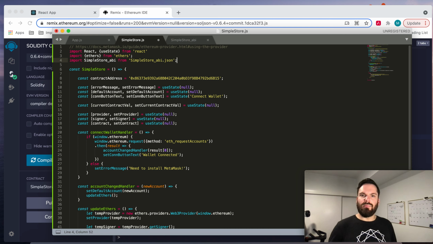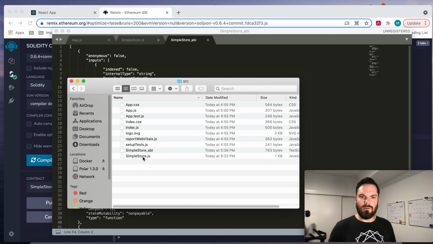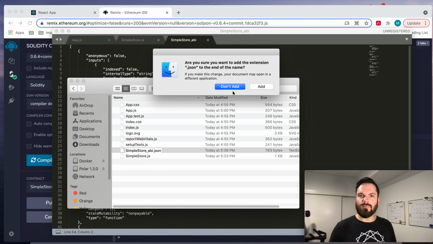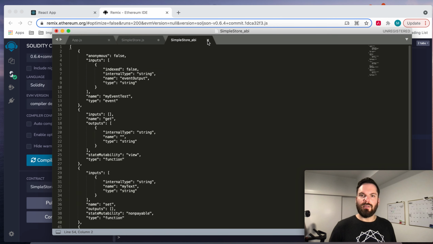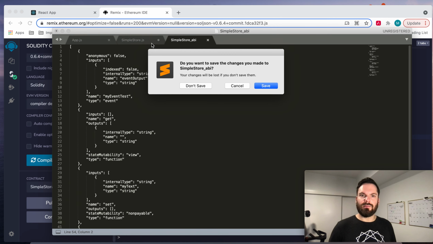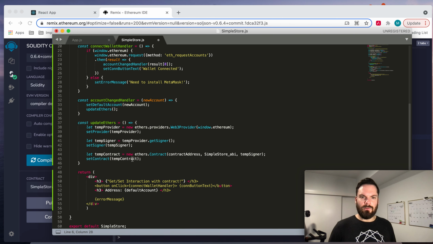I did something bad. I did not save simple store ABI as a JSON. So let's go here, simple store ABI. Let's rename it simple store ABI.json. Yeah, let's go ahead and add it. I think I do want to do that. We don't need this anymore. Click out of it. Sure, save it. Okay, so now we've got our ABI connected, we've got our contract address, we've got a contract